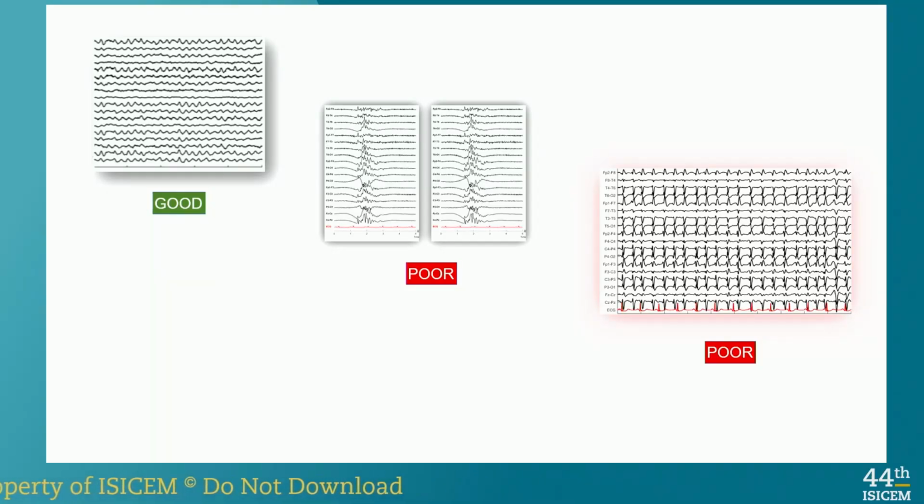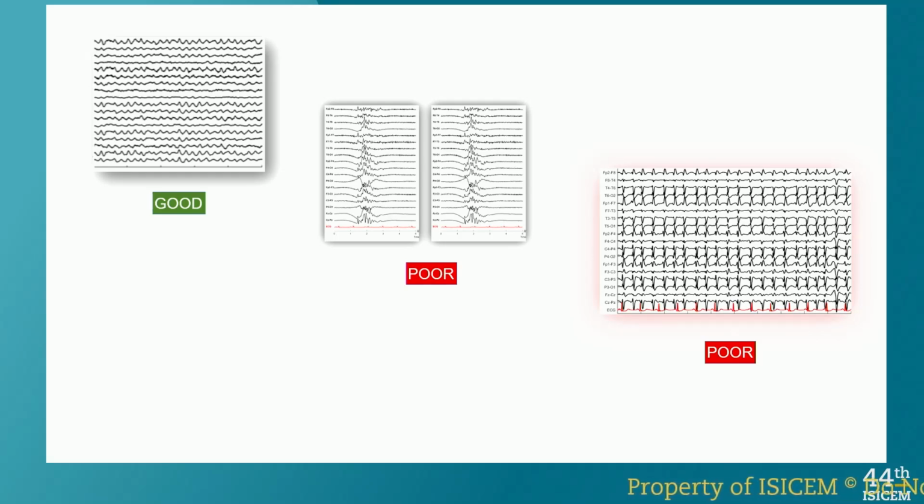In this case, the left panel is associated with a good neurological outcome, the middle panel with a poor, and the right lower panel also with a poor outcome, GPDs. And you can train a net with that. Several groups have done that, including our group. So you can train deep neural networks with raw data,